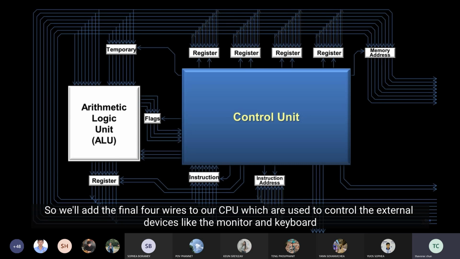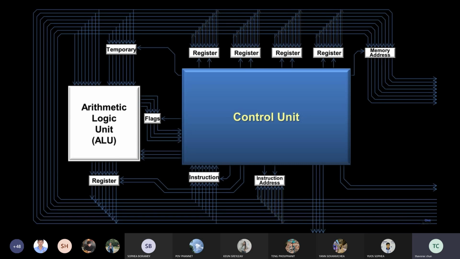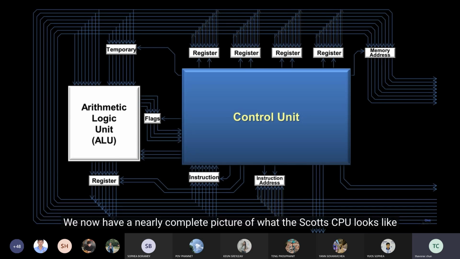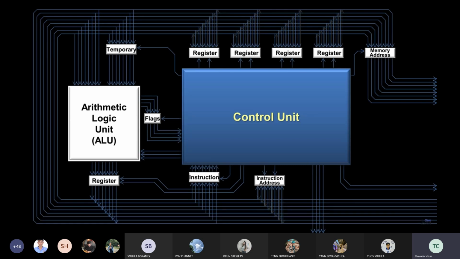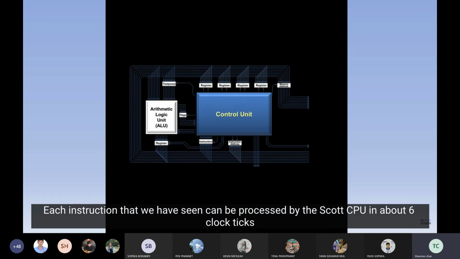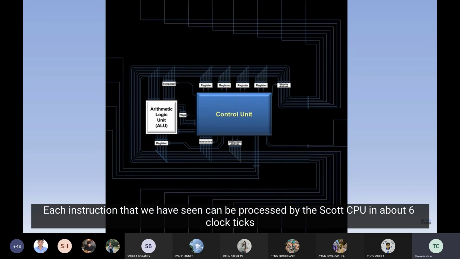That phenomenal speed is accomplished by using more than one of each component and making sure that all the components are active as much as possible. This makes modern CPUs much more complicated than the Scott CPU, but they are still fundamentally doing the same things as the Scott CPU. So now let's zoom back out and we can see all the wires that run back